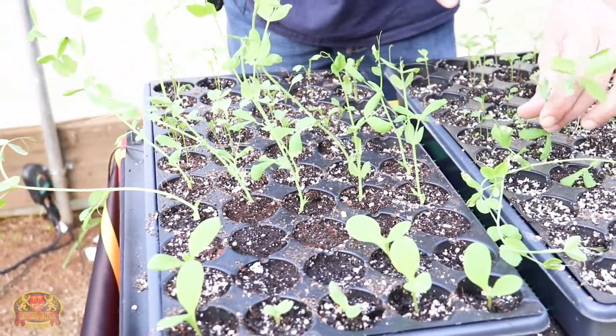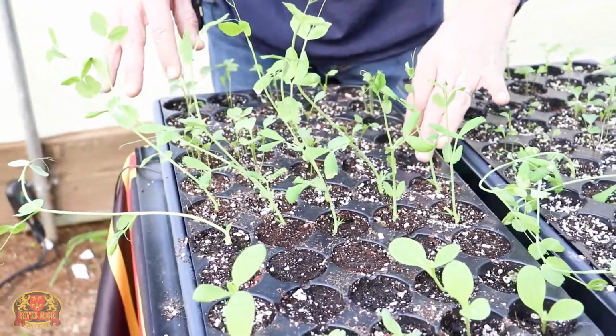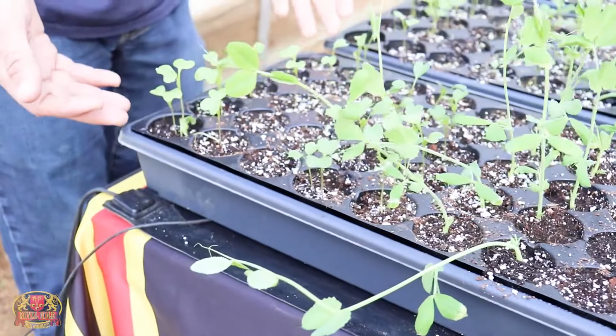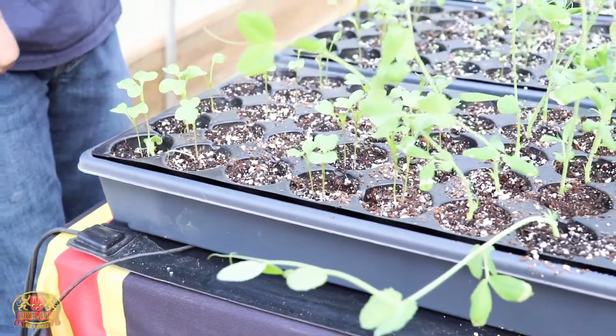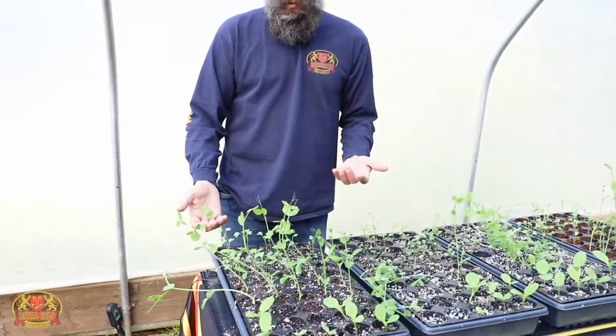We got peas coming over here from the other starts, getting into our kale. Again, 2 empty cells. The other ones are doing pretty well. And back down to the broccoli, 3 empty cells. We have 1 that's called itself. Again, it's pretty cold, early spring, not a super big surprise, but we had pretty good results. So I would be happy with this as a seed starting mix for my next crop of any of these